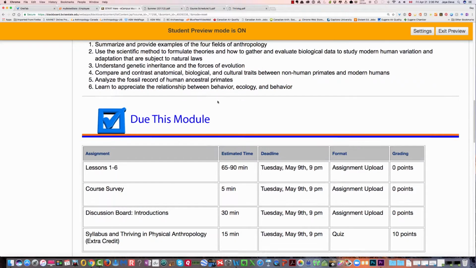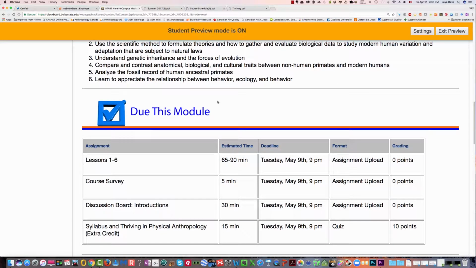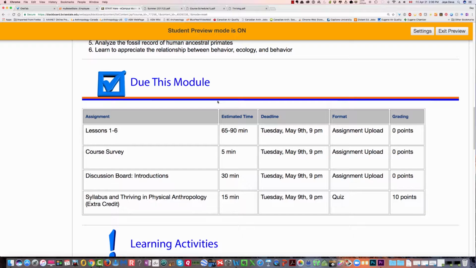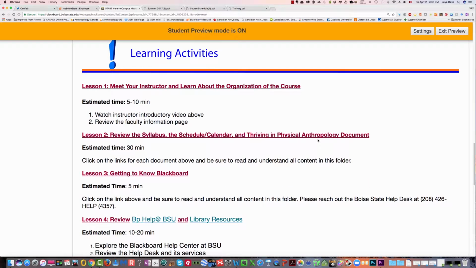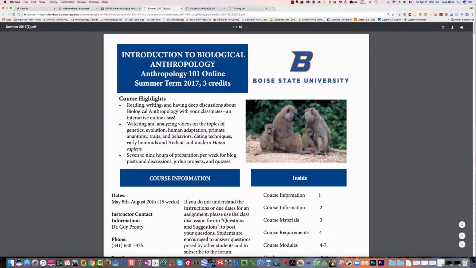Now there are 15 modules during the course. Each one of them is weekly, and they will have appropriate due dates for the various lessons and the type of format they are and how many points they are worth and so forth. Then we'll have learning activities. It's very important that you read the syllabus, the schedule on the calendar, and the Thriving in Physical Anthropology document that I prepared. If we look at the syllabus, if you just click here,